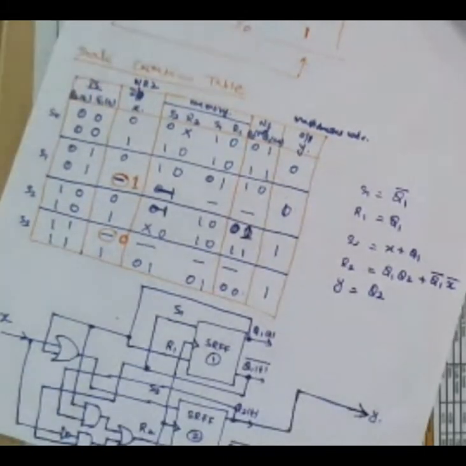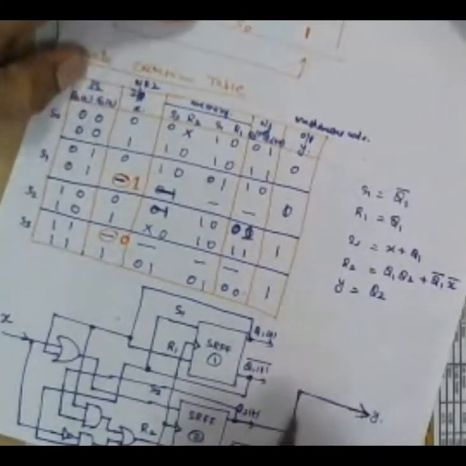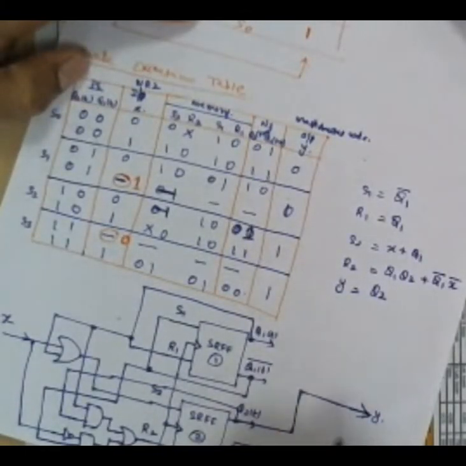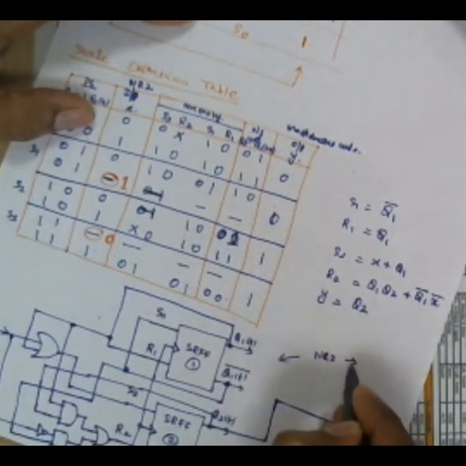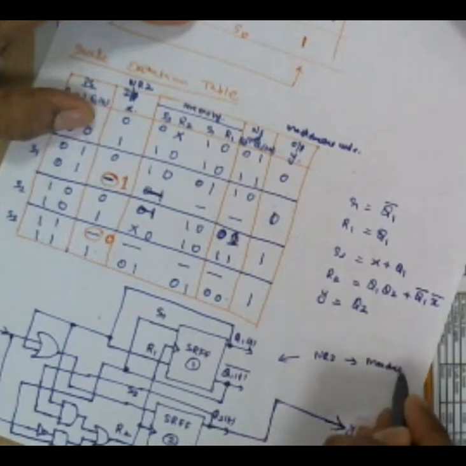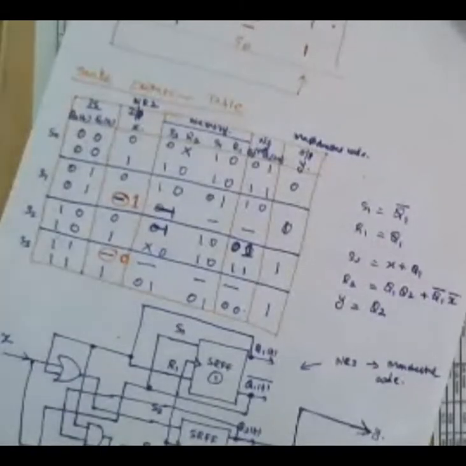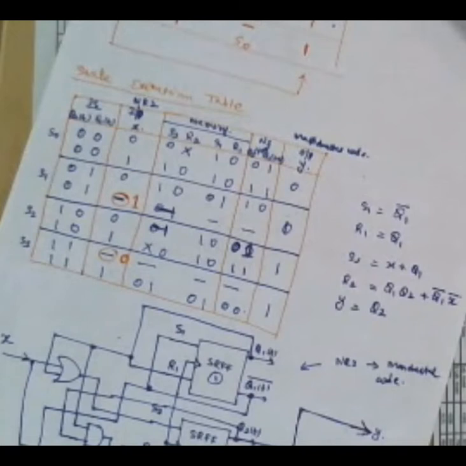That's all. Sometimes you will get a circuit delay, sometimes you will not; it depends upon the logic. So this circuit will give you your NRZ to Manchester code. Okay, fine. Now the question is how to implement this in the FPGA. That is the question we need to discuss now.